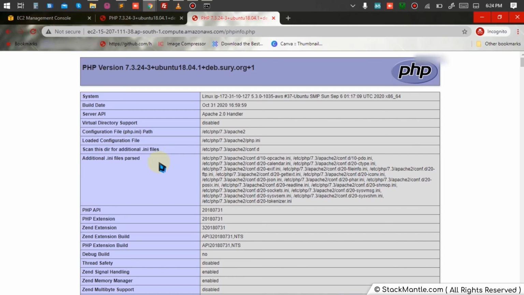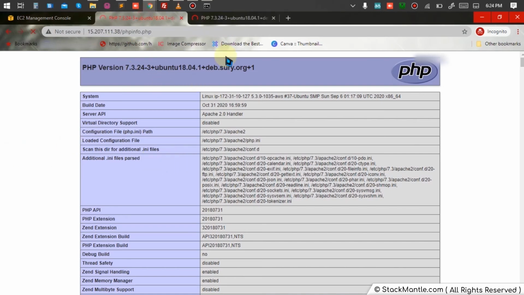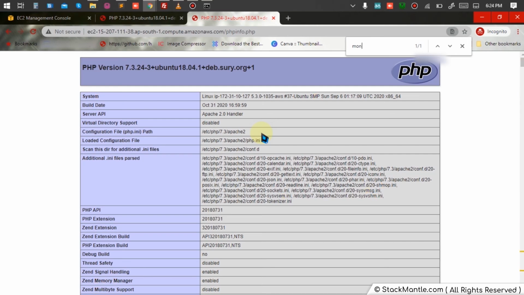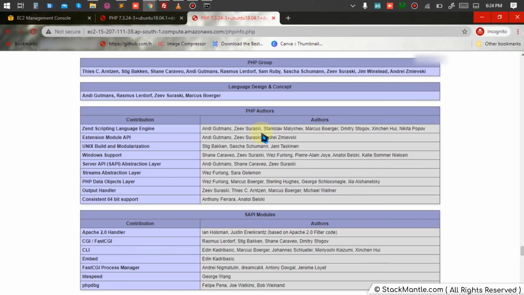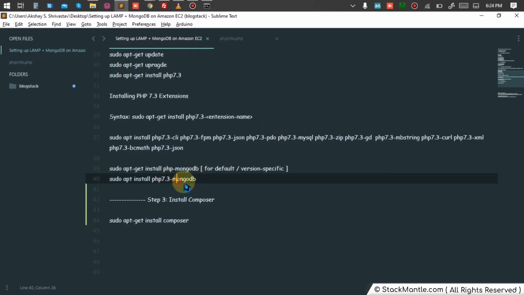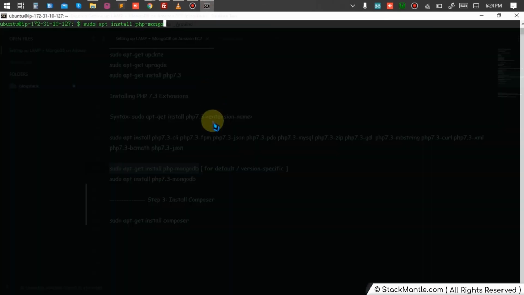I'll refresh both the pages and do a Control F quickly. It is not showing, so maybe I'll have to run this command again, or maybe I messed up the command. Let's give it a try this time: sudo apt-get install php-mongodb.